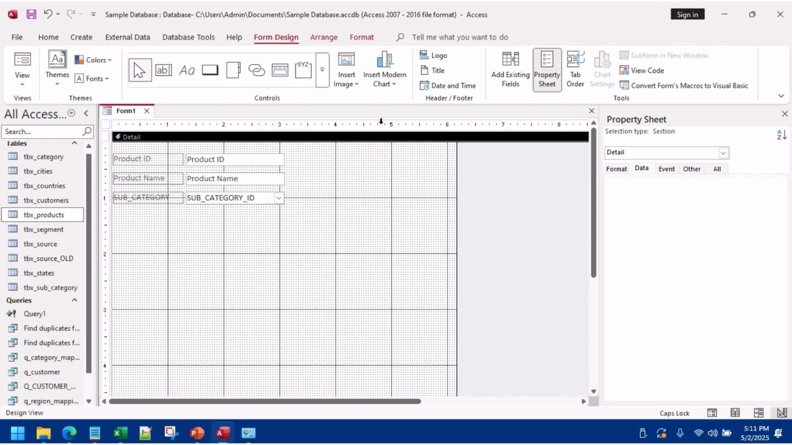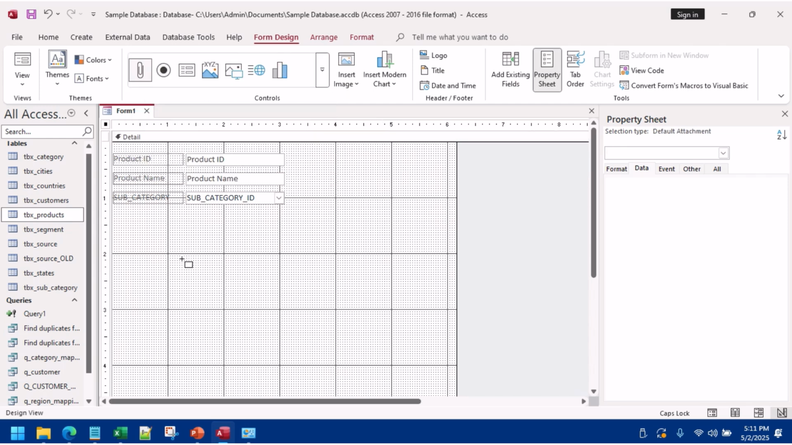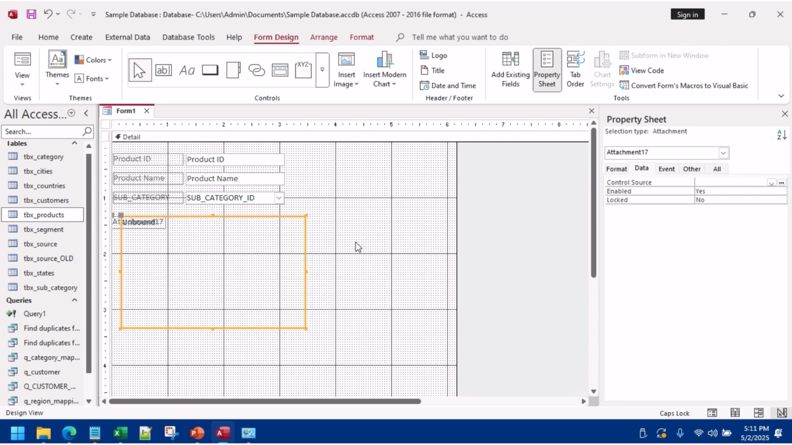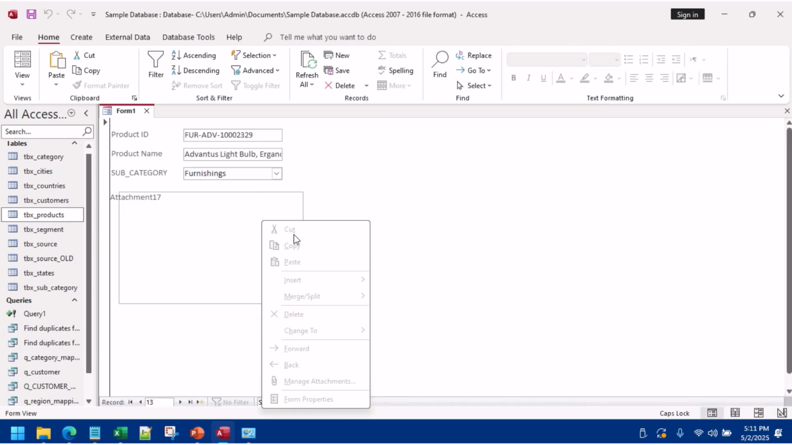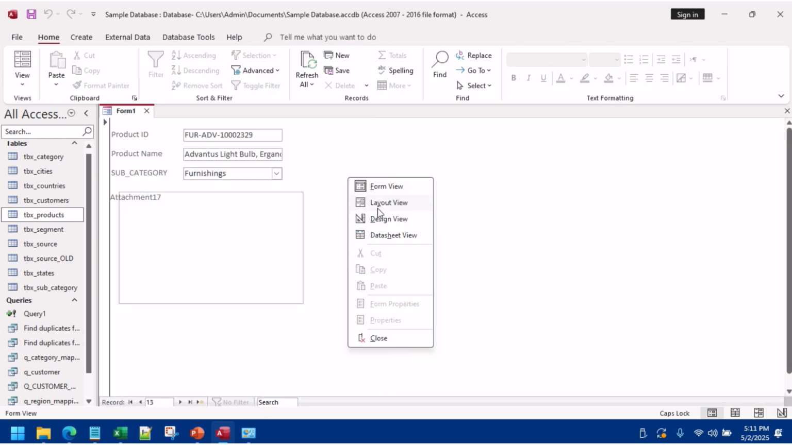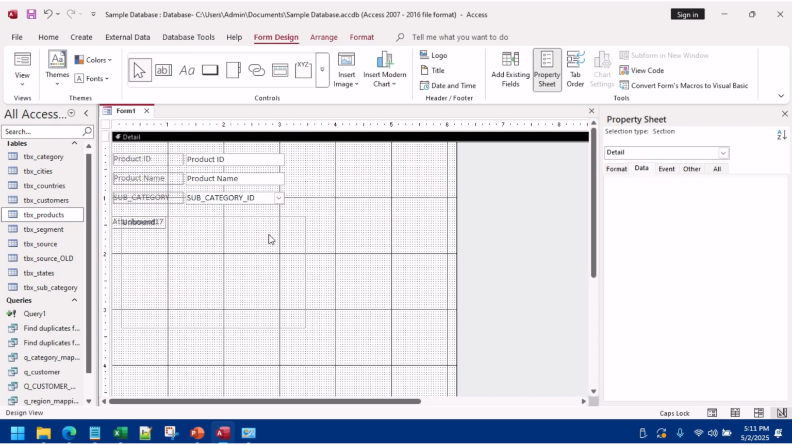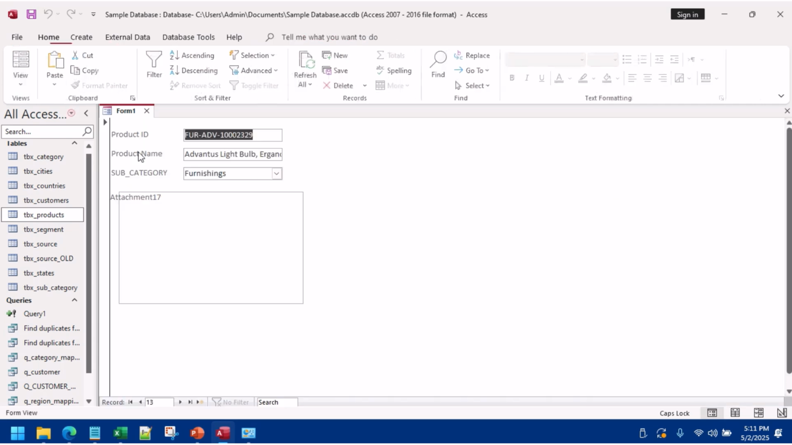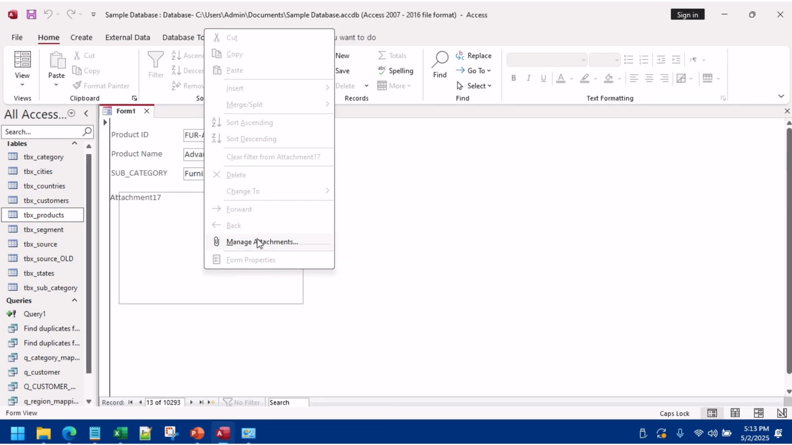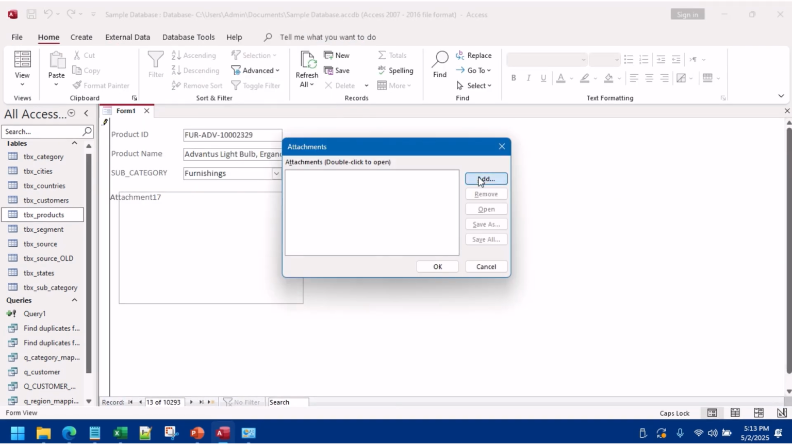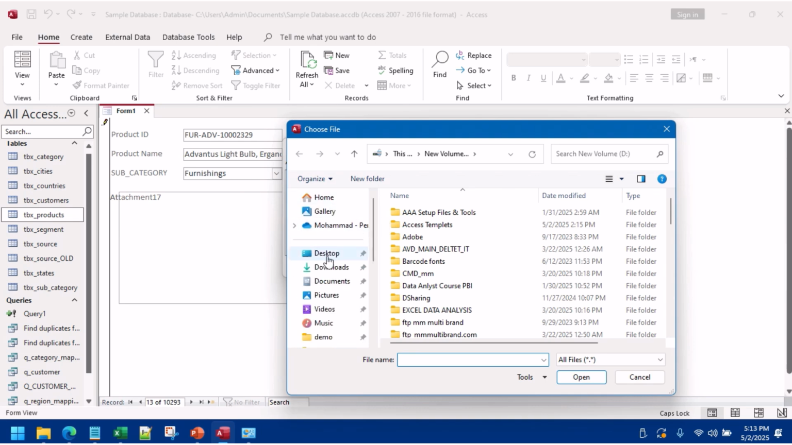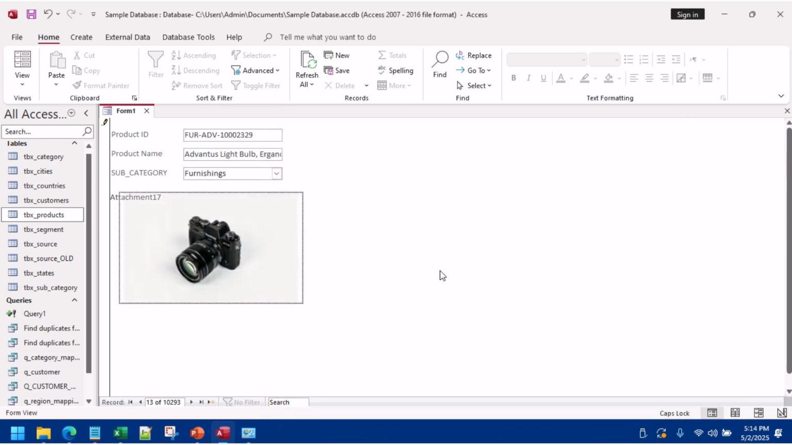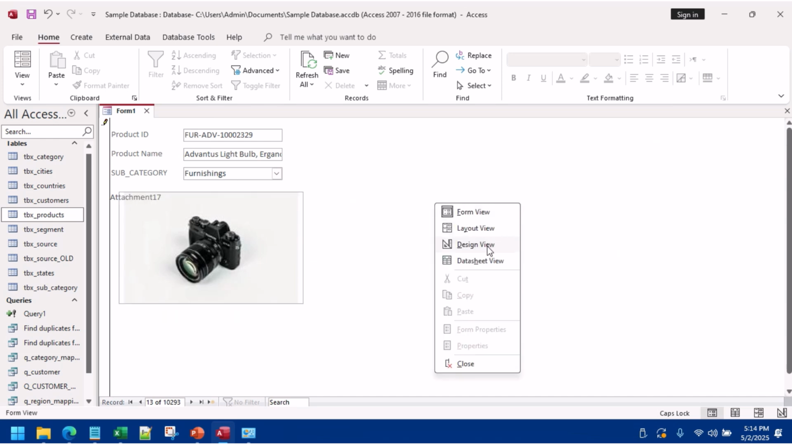Remaining is the product attachment, something like here. Okay, add attachment, design, and control source must be product image. Okay, right. Manage attachment, you can add any product like pictures, product images, camera. Okay, so here you can